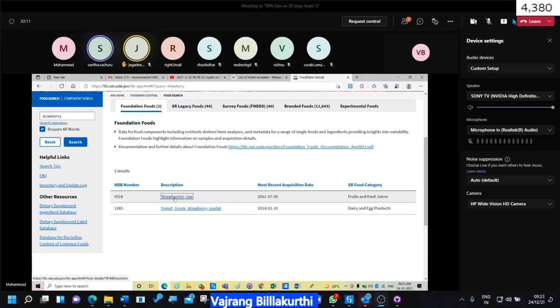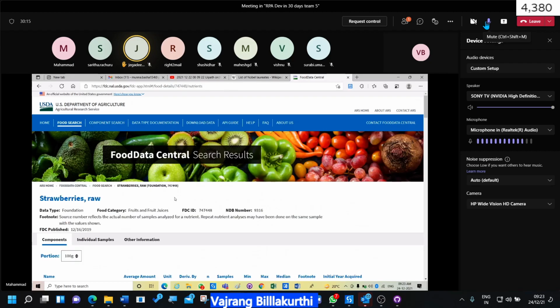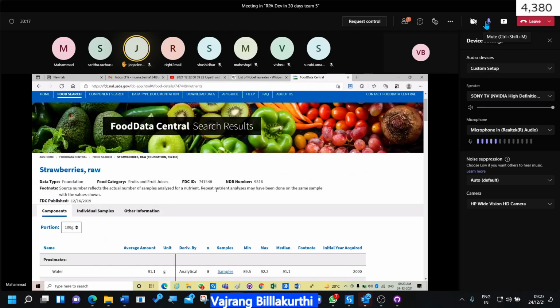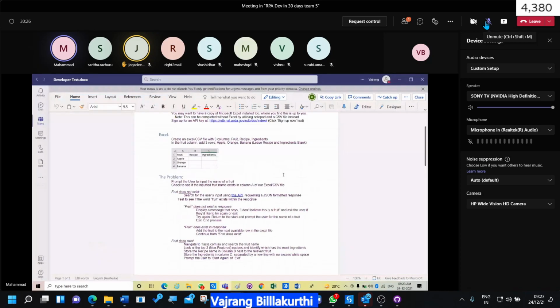Can we go to the document again? By using the HTTP request, if the particular fruit is not there, we can get it from the HTTP request only, Bajrang.